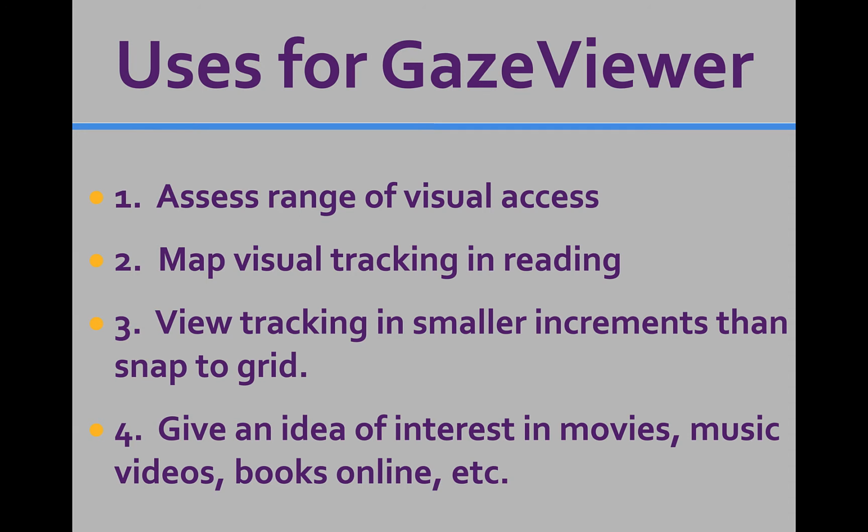So let me just talk about some uses for Gaze Viewer. You could use it to assess a range of visual access, like what quadrants is your kiddo actually looking in, using favorite items. In other words, sometimes that bouncing ball that they use for calibration isn't exactly their favorite. But if you throw up a frozen video and they start looking around at the various things, you get a better sense of what their visual access is versus what they want to have versus what they actually have. And I don't mean that in a way like they're always trying to fool us, but some